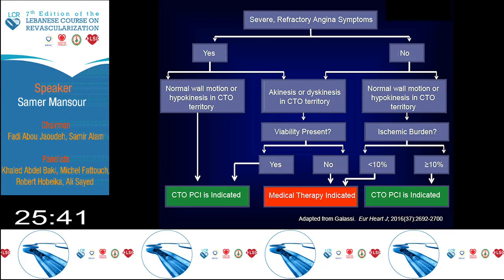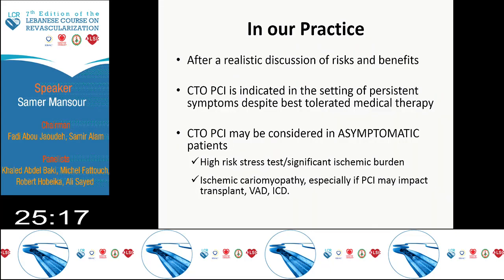If you have viability, which means that the wall motion is still normal or hypokinetic, then you look to the ischemic burden. If you have a high ischemic burden, you have the possibility to have a nuclear test that would tell you 10% or more of that LV is ischemic. Then we know from the nuclear substudy of the COURAGE study that you may impact the mortality and MI rates in the 5 years of follow-up on those patients, and that this patient will deserve to have a CTO PCI